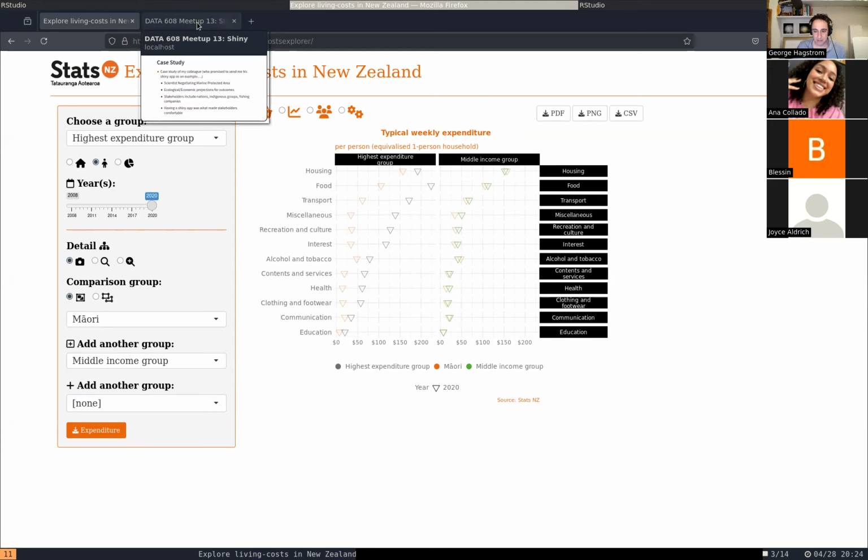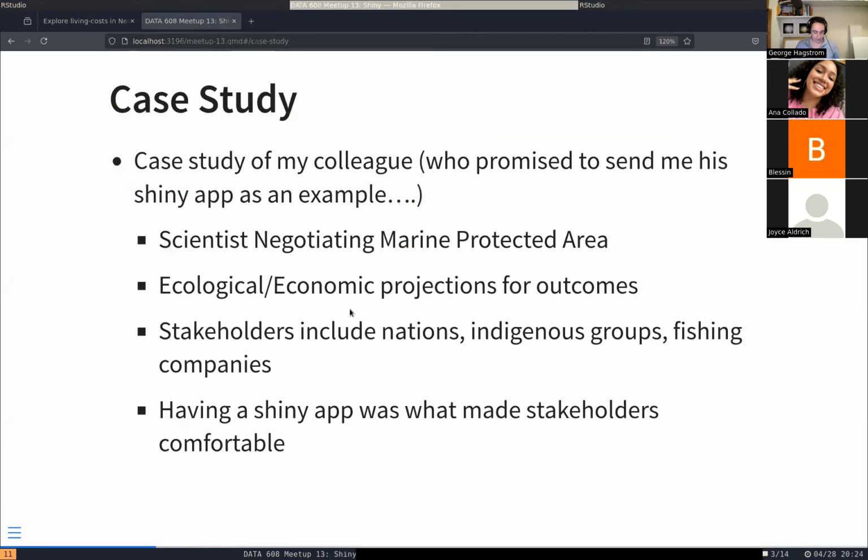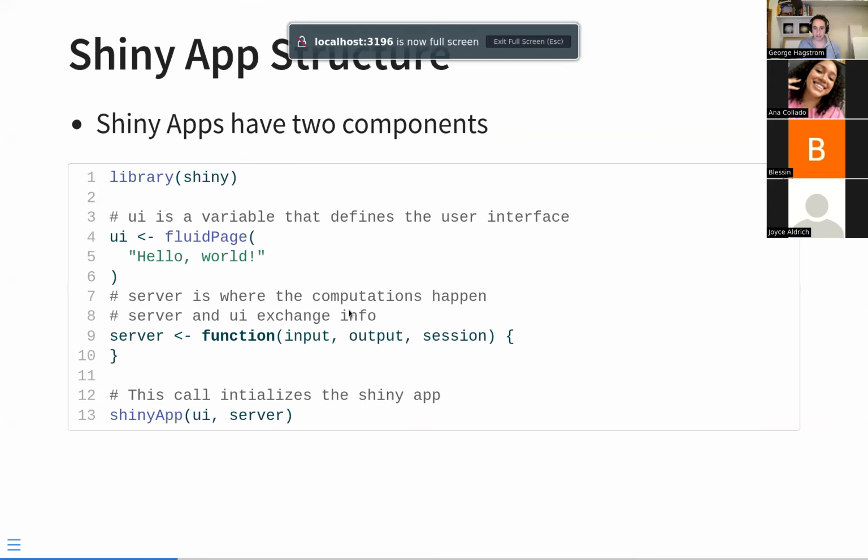Okay, so let me go back to my presentation. And this is all written in R. Okay, so what does a Shiny app look like? Basically, Shiny apps have two components. First of all, the Shiny library is what they depend on. That has all the code. And then they have